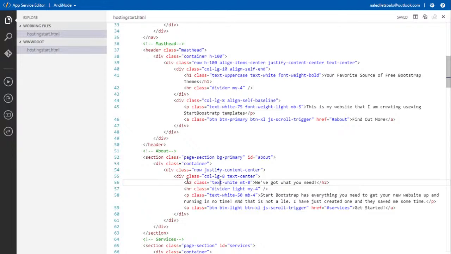So I know that in H2, the text will be white. MT will be 0. If I remember correctly, I think it's median text, could be. I just need to clarify that one to be sure. But this is the text that I'll be editing over here. We've got what you need.